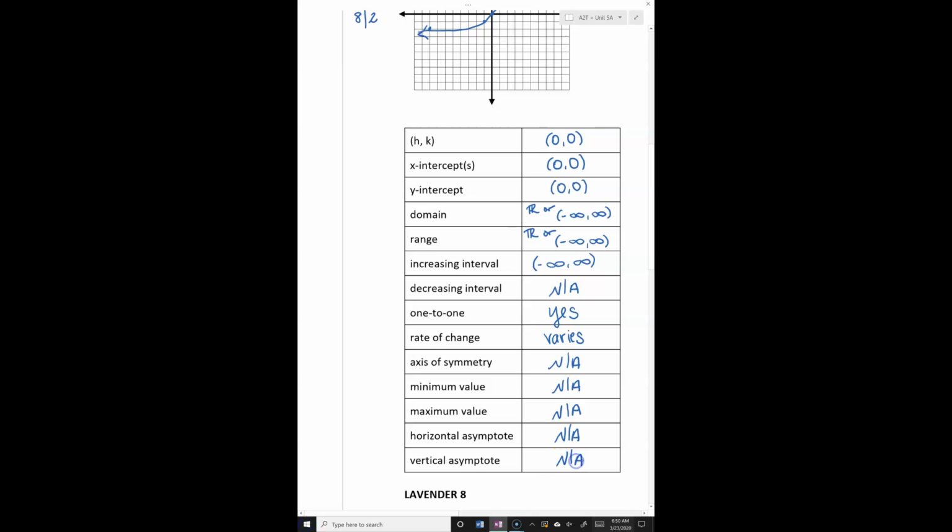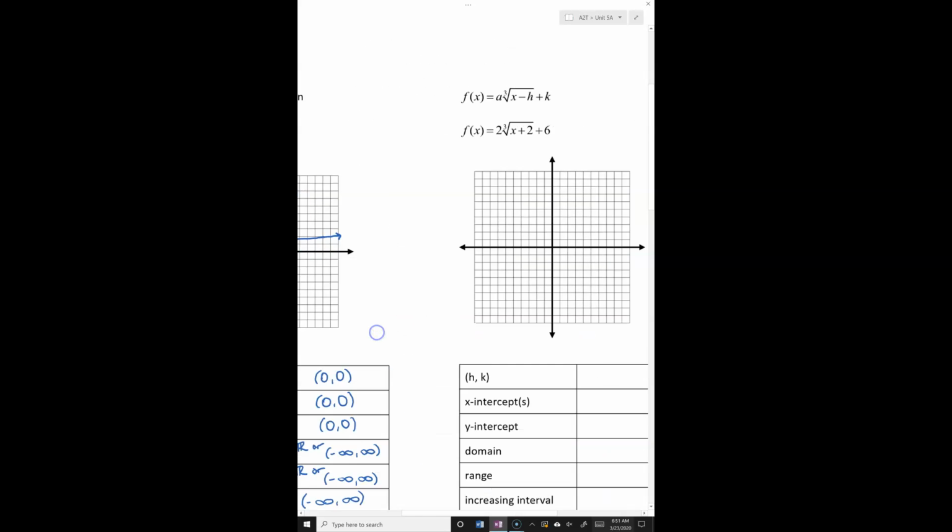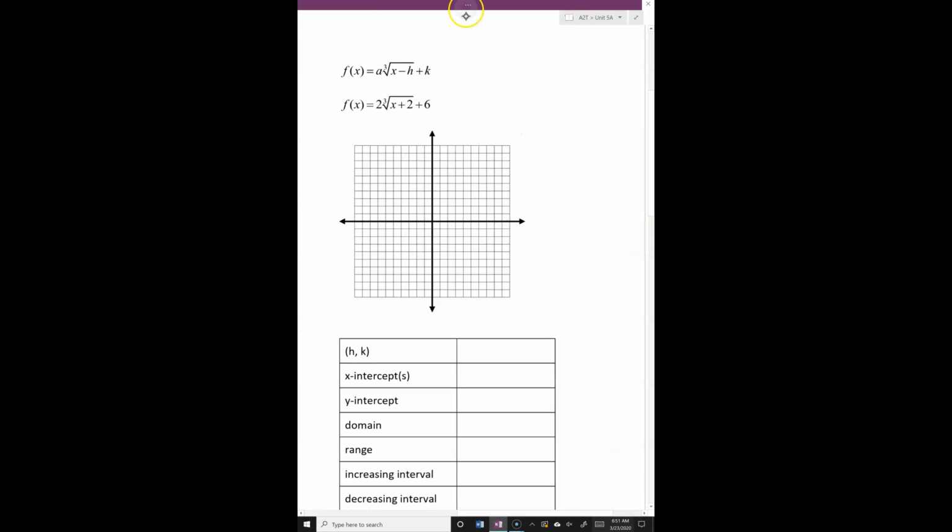So we'll finish that off. Sweet. So there is our parent function. All right, so let's transform it as is always. We're gonna rewrite it with the b transformation here too, so we have it to refer back to. A is on the outside because it affects our y values, as does k, and then b and h affect the x. All right. Looking at our second example, technically our first, we can see that a is 2,